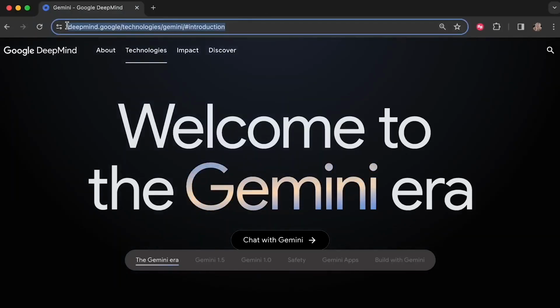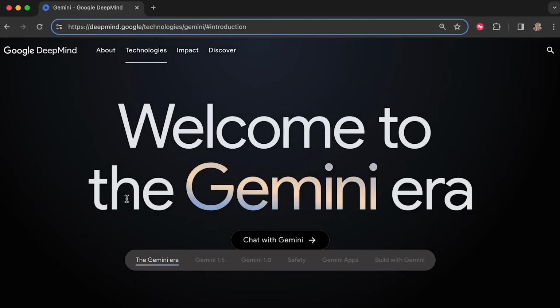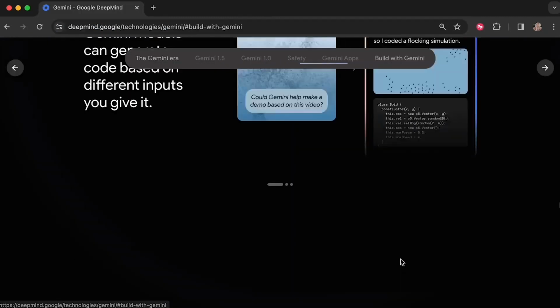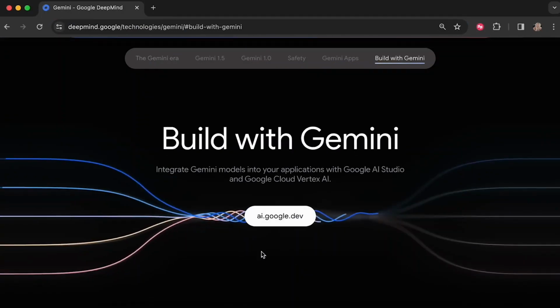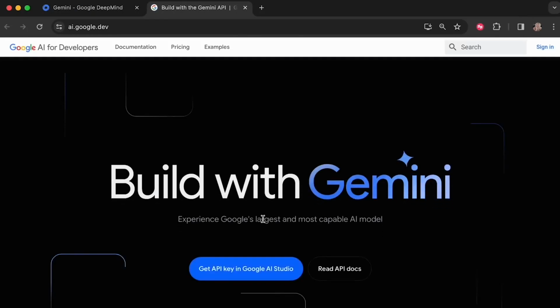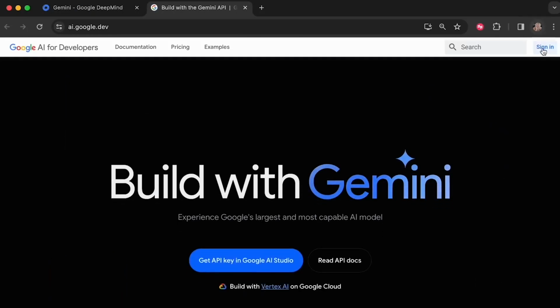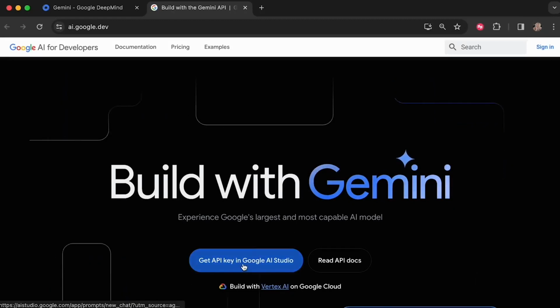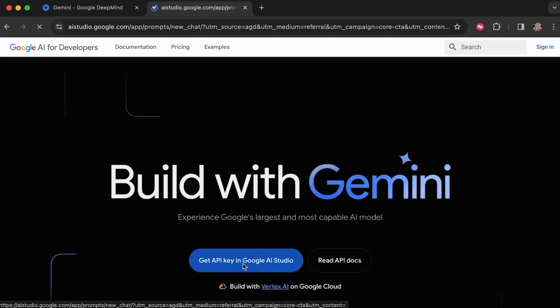Okay, so first we're just going to start off on this URL. Currently at the time of recording, this is what it is. And we're going to choose to build with Gemini, which will take us here. And then we're going to click on AI Google.dev. Now you might be required to sign in, or because I am using Google Chrome, I could just go ahead and get API key in Google AI Studio. So I'm just going to click here and